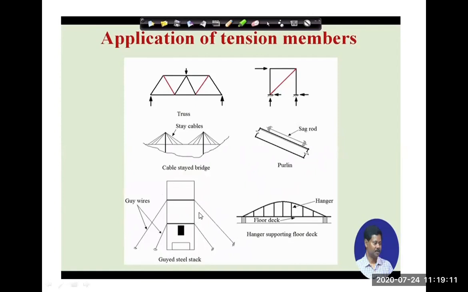Similar to that, in some industrial sheds or steel columns, these cables may be required for the tension. Are you getting? So guy steel stays, we are using guy